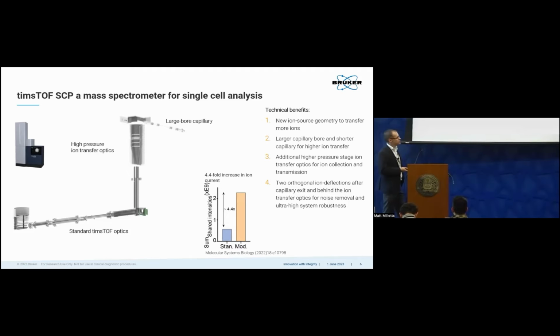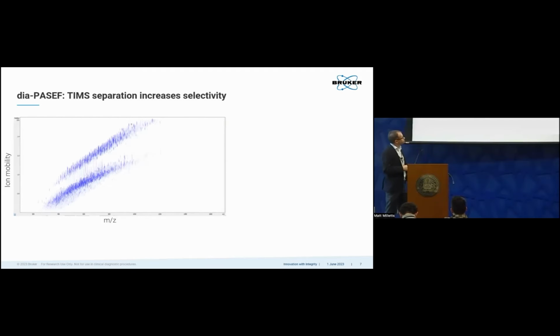And I'll talk a bit towards the end of the sort of results that we're seeing with this type of design for single cells. But what I also wanted to talk about, as well as just the mass spectrometer design, is how we're acquiring data, right? And so obviously, as probably most people are aware, the field is really moving, I think, a lot towards DIA as really the main acquisition method for proteomics in general, and certainly for single cell